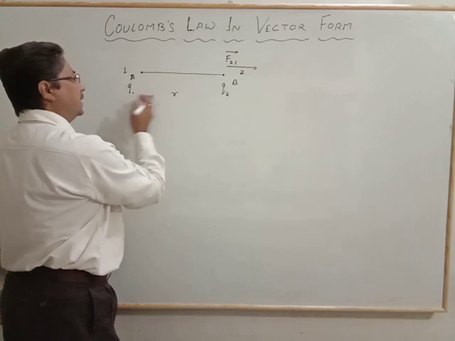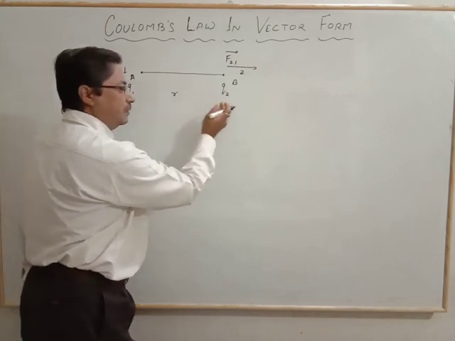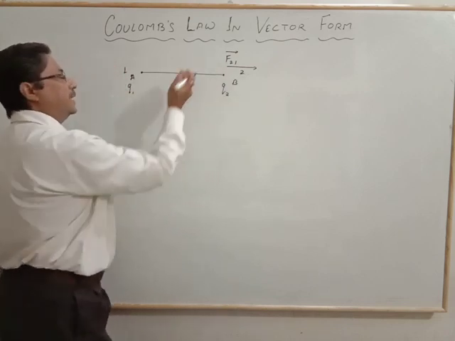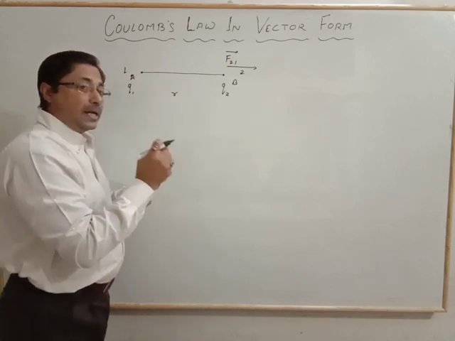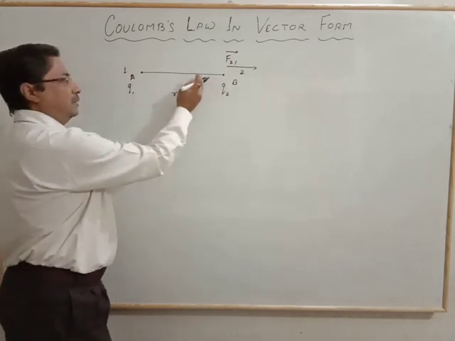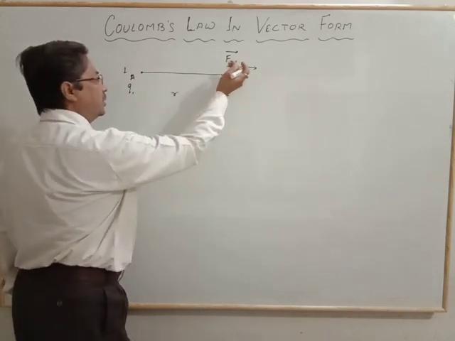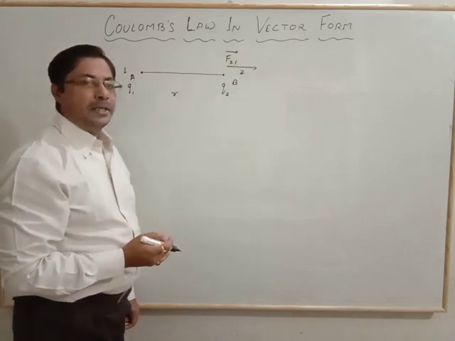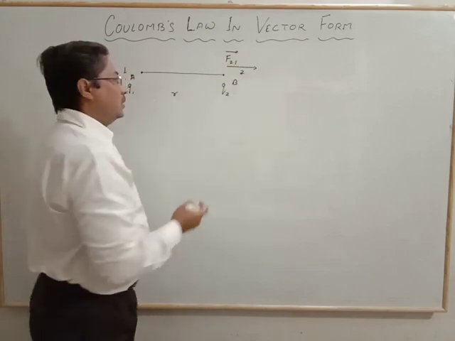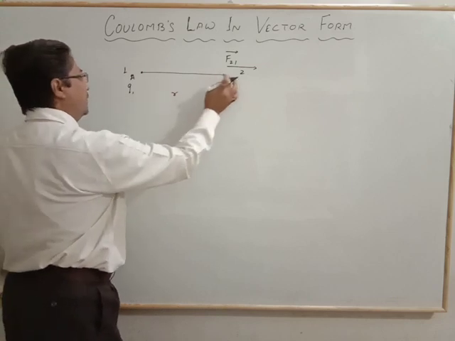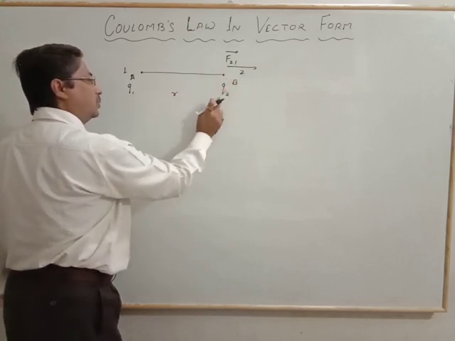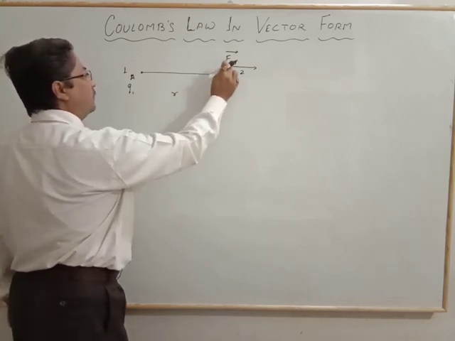If one is positive and the other negative, the tendency of the force is attractive, that is inward. So the nature of the force depends upon the nature of the charged particles. So here the force on Q2 is F21,